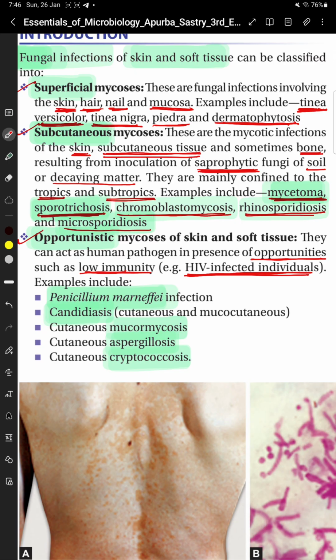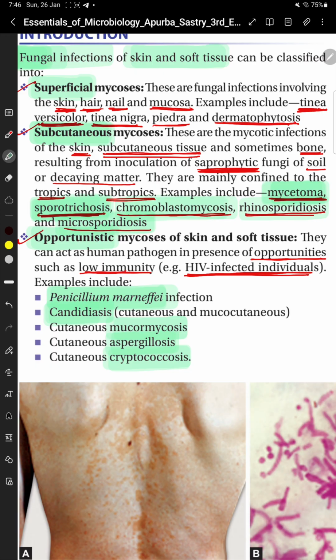Subcutaneous mycosis: this is the mycotic infection of skin, subcutaneous tissue, and sometimes bone, because of the inoculation of saprophytic fungi of the soil or decaying matter. Subcutaneous mycosis is confined mainly to the tropics and subtropics. An example is mycetoma,